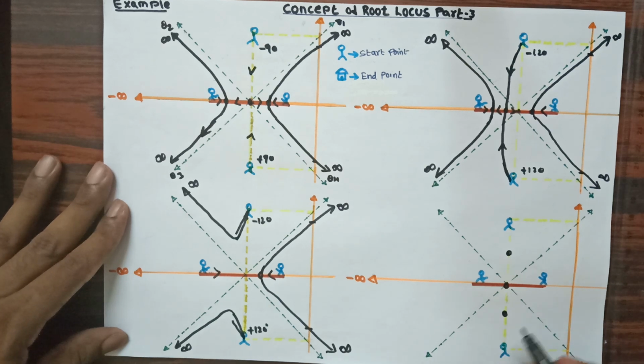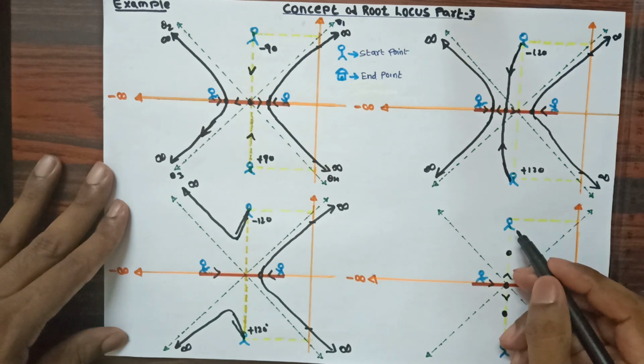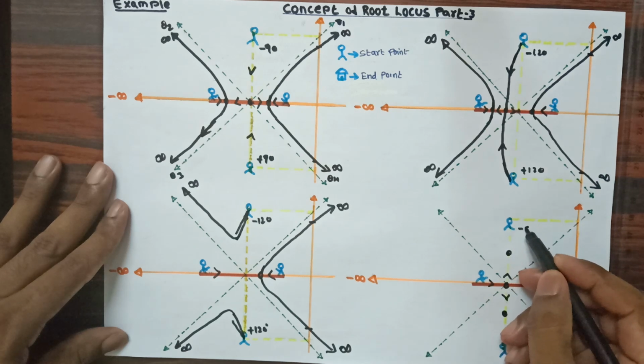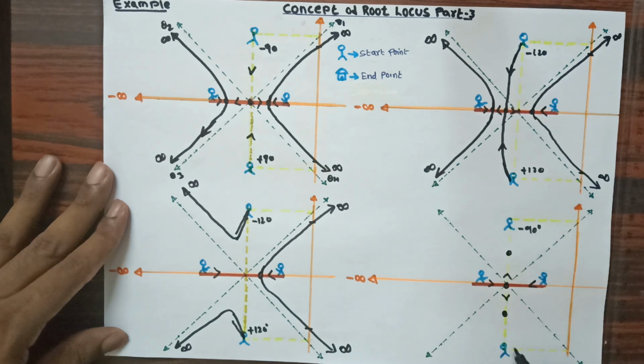Now you can see when I apply the input, these two persons will start to move and they meet at this point. One person will go in the upward direction and the other person will come in the downward direction in this way. Now this fellow will be moving up and the other person will be moving down. For this person I am going to provide the angle minus 90 degree, and for this person I will be providing plus 90 degree.